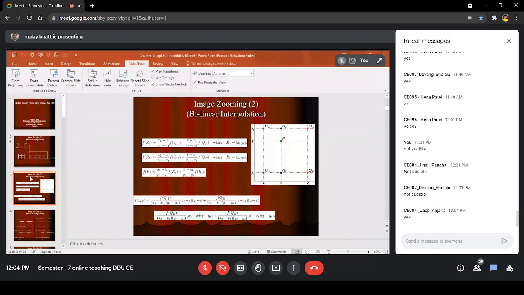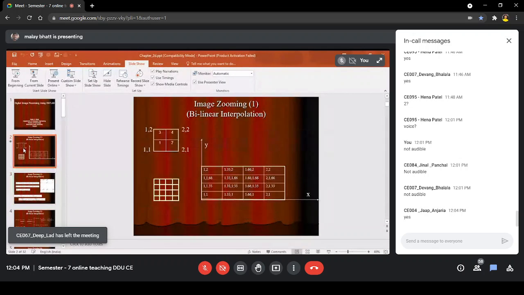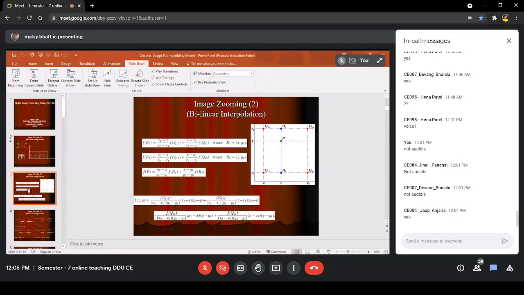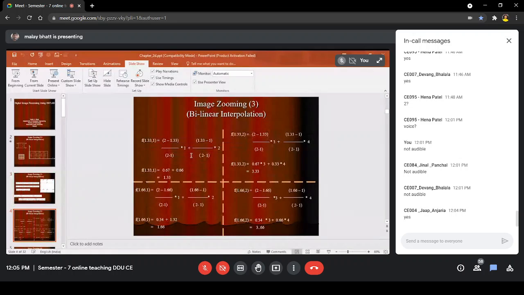So x2 minus x. x2 is given to us, x2 is 2. Clear? x1, x2. So x2 is your coordinate, so it is 2 minus x, where x is 1.33. That is how we'll calculate f(1.33, 2). Here the complete calculation is given: f(1.33, 2) is equal to (x2 minus x) upon (x2 minus x1)